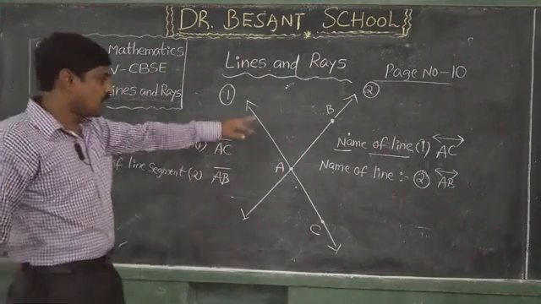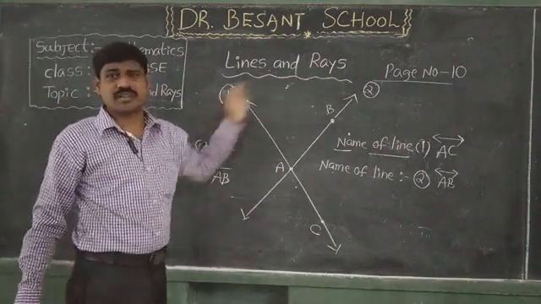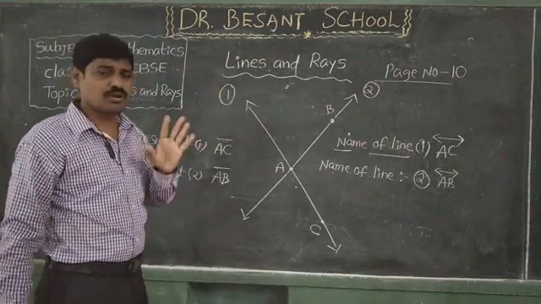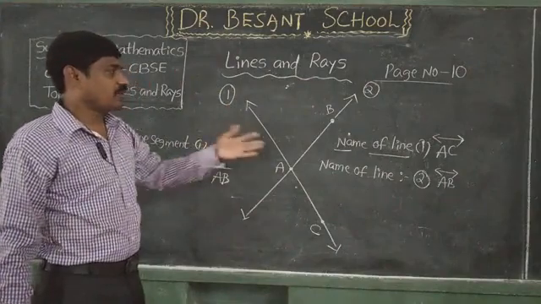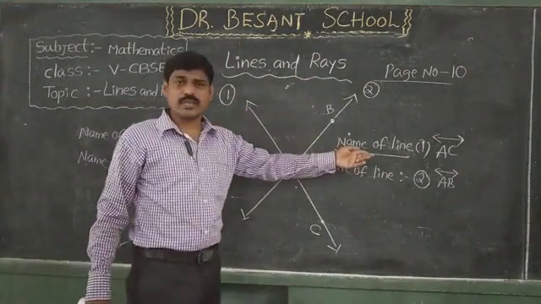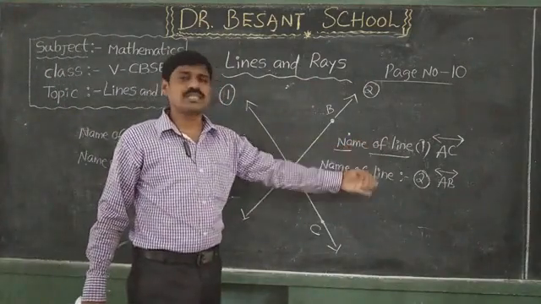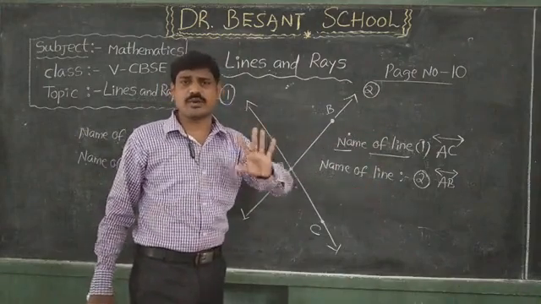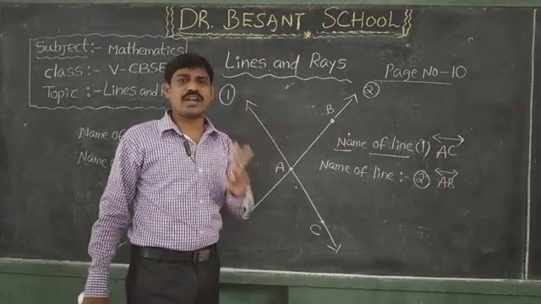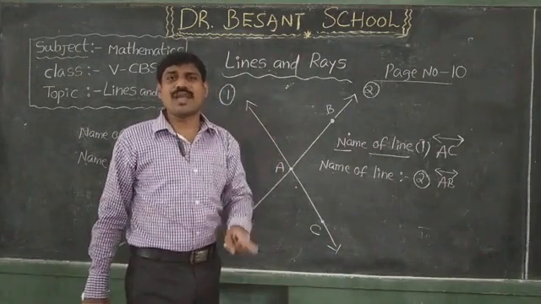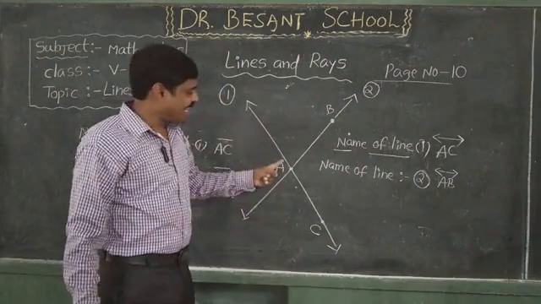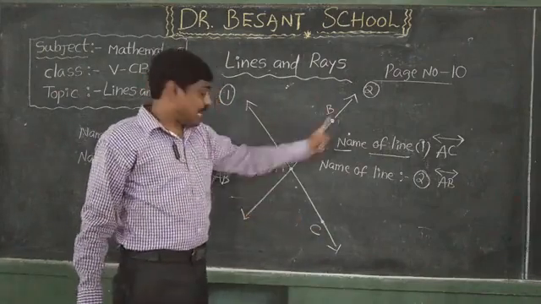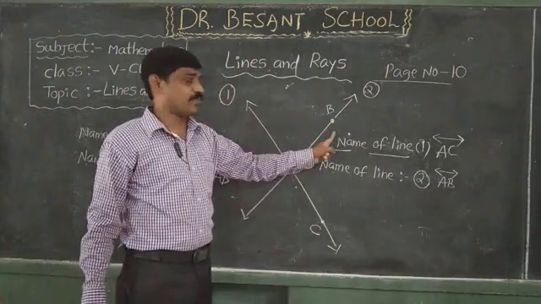Not only one, you can take this one or this one, two also. Just see how to identify: one line means two lines. If you write it here also there is no problem, nothing to worry. Anyhow you have to identify two lines and two line segments. One line is AC, line AB. Line segment AC, line segment AB.